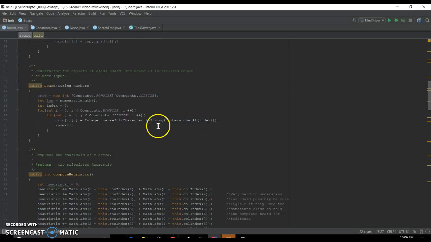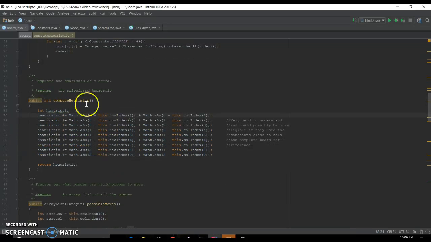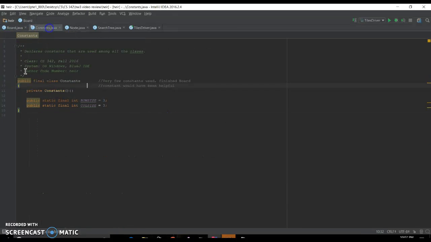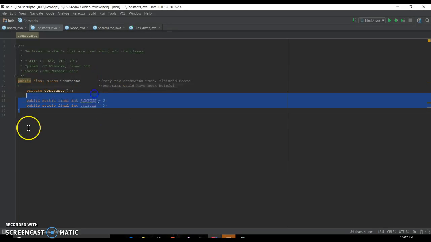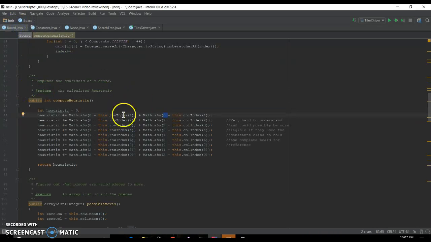Some other information that I think they could have put up there is a heuristic, because at the moment they just have to compute the heuristic every single time they need to compare it to something else, perhaps in their search tree.java. And speaking of this heuristic, I think it's very hard to understand. And I think that because they have all these hard-coded values in here, maybe if they put a board in this Constants.java file, which they are also not utilizing very well because they only have two values in there, maybe they could do something similar with this row index of that particular